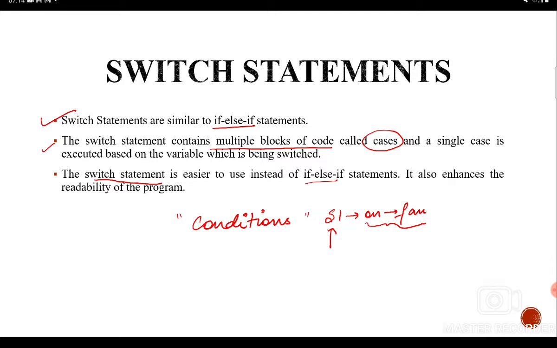So we have to understand that switch statements are basically conditional statements used for decision making, and mostly multiple blocks of code are there, and one block will be selected based on whichever variable is being switched.